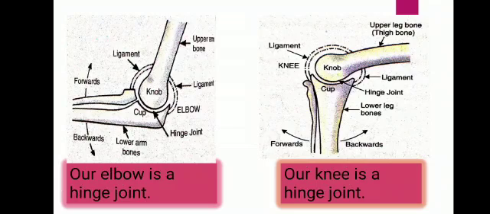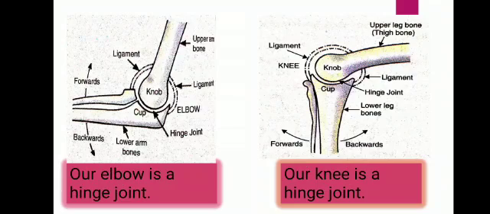And as I told you earlier, at the place of the joint, ligaments are present. So the ligaments hold the upper leg bone and lower leg bones together at the knee joint so that they may not fall apart while the knee bends. Clear? The joints between the bones of our fingers allow only a hinge-like movement.